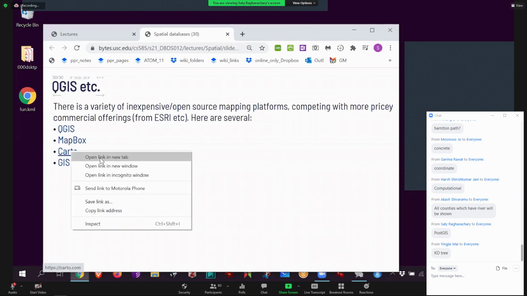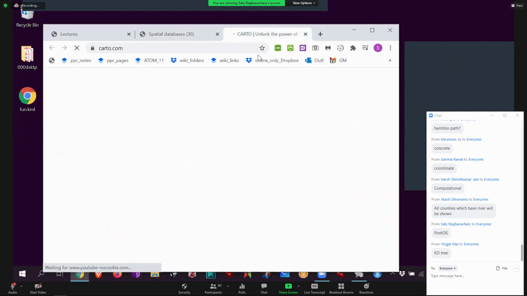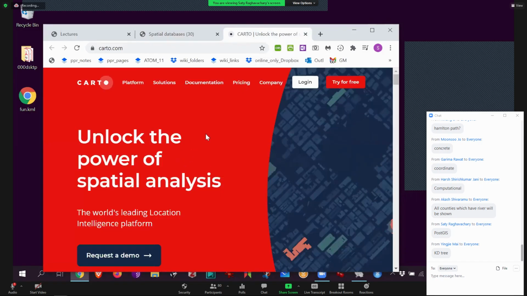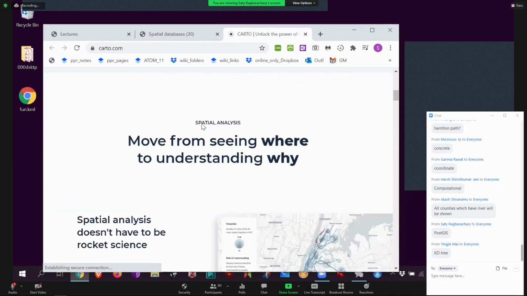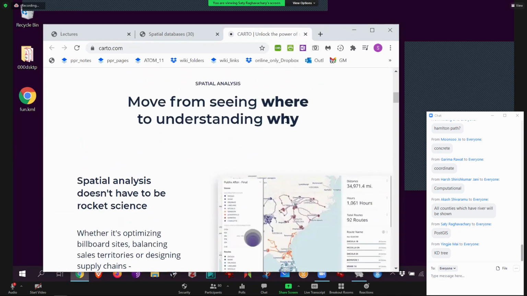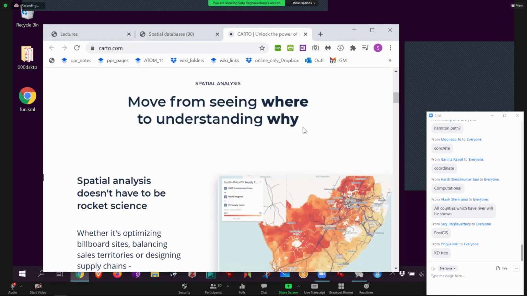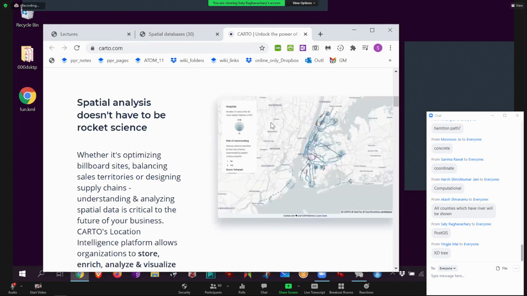And then Carto is very similar. After a while, they're all competing with each other. Carto has a JavaScript version called Carto.js. So in just 2 or 3 lines of JavaScript, you can do neat things with it. Okay. Again, see, why? That's the key question always, like what is happening? How can I explain this?